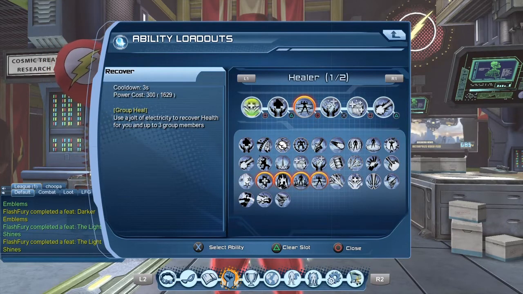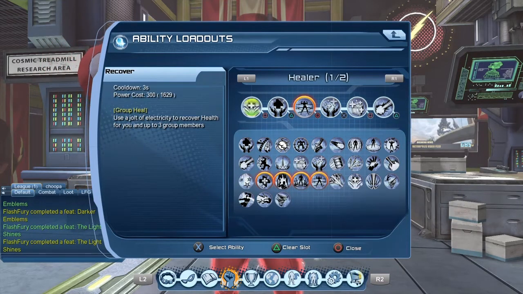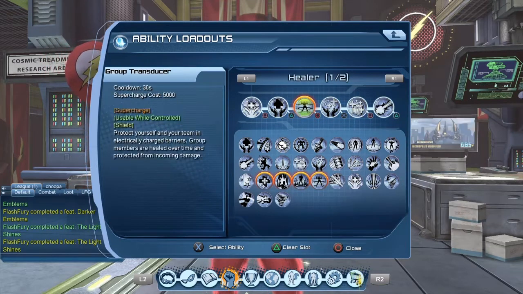I've seen a lot of people who will put one healing power in their loadout, and they think that's enough to heal. And of course, once their power is on cooldown, they cannot use it. Something happens, and oops, people die. So I would strongly suggest, this is pretty much a loadout I would suggest not just for electric healer,